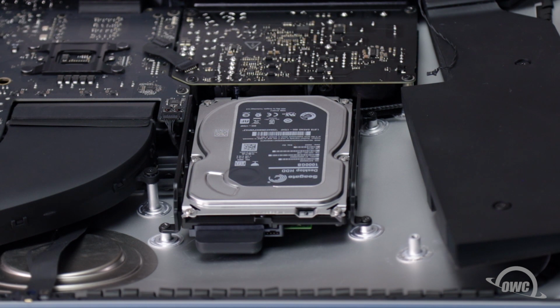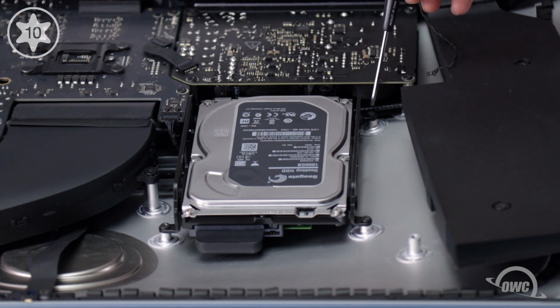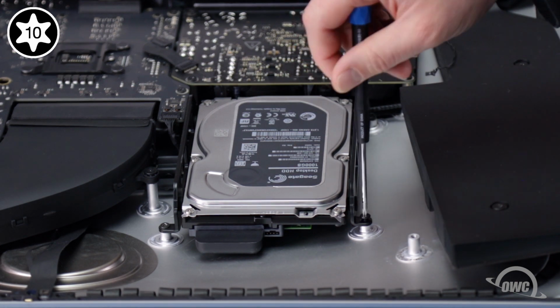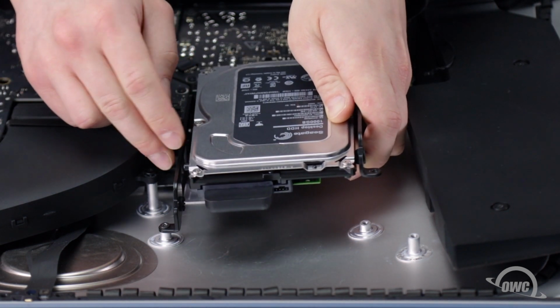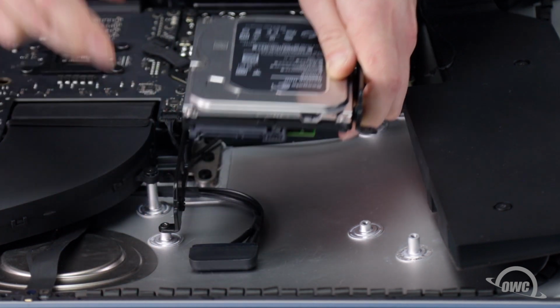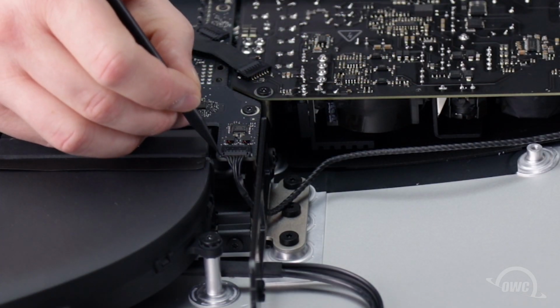Next, we need to remove the hard drive. Remove the two Torx T10 screws holding in the outer bracket of the hard drive. This should allow you to slide the drive and bracket out of the bracket on the other side. Once you've done that, you can lift the drive up slightly and detach it from the SATA cable, allowing you to remove it completely. You can now slide the speaker cable from its socket